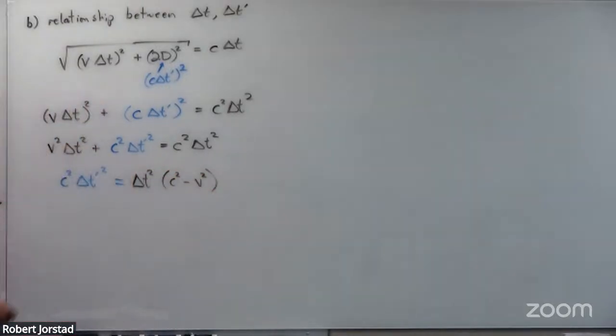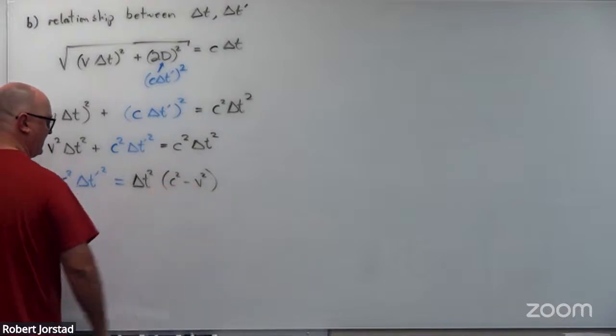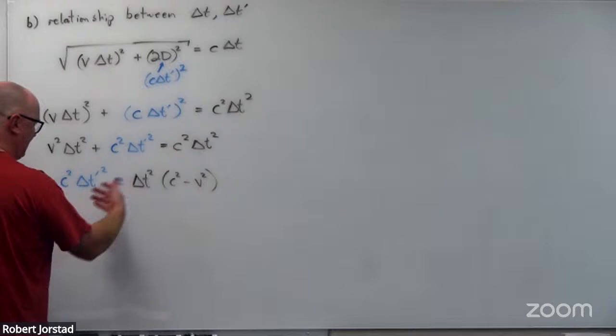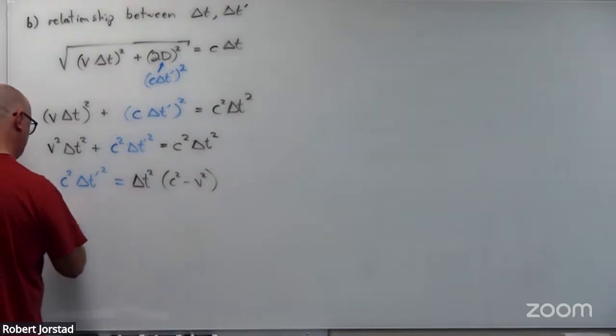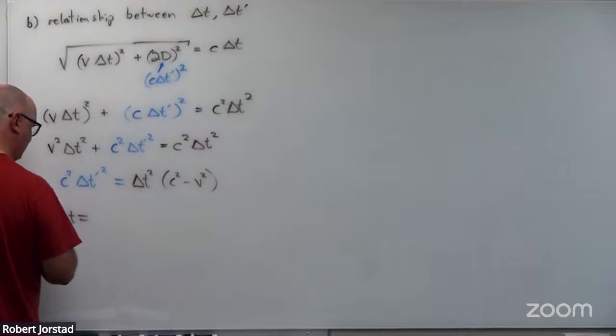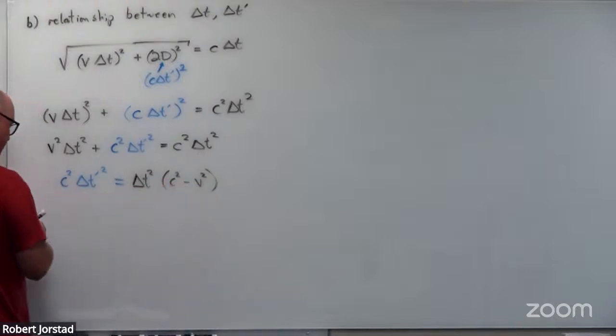I'm going to check. When I bring this term over, I can factor out and I get a C squared minus V squared. That's good. And so then maybe what I'll do now is solve for delta T. I guess maybe what we'll do is, you know what, I'll move that one over here. I'll move this over here. So I get